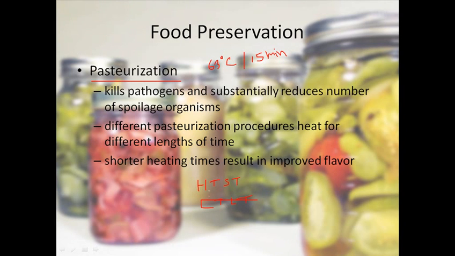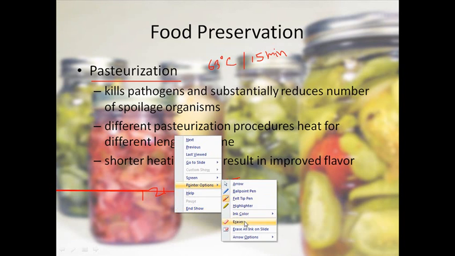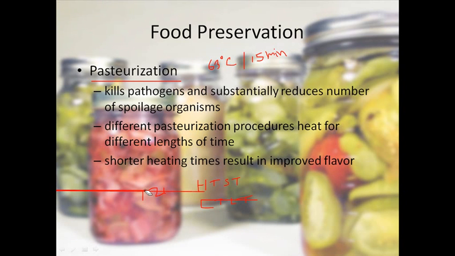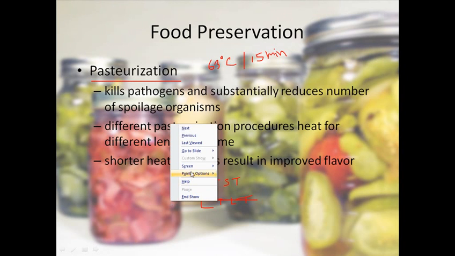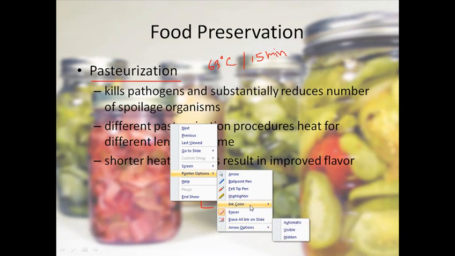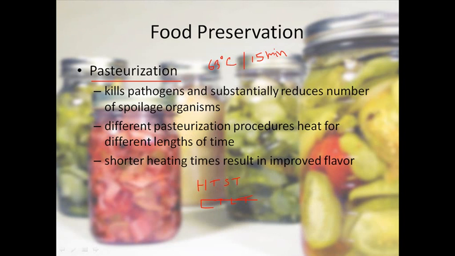So what is high temperature short time? As the name suggests, the temperature is higher. In this case, the temperature reaches 120 degrees Celsius, and when it reaches almost 120 degrees Celsius, it kills most of the microorganisms. But the time for using this 120 to 130 degrees Celsius temperature is really small. For example, 115 degrees Celsius for 1 second or 2 seconds, that will be the temperature in the case